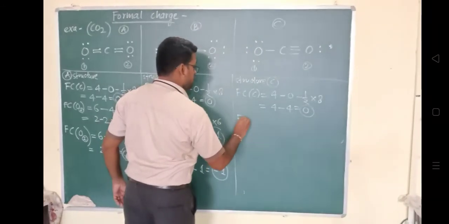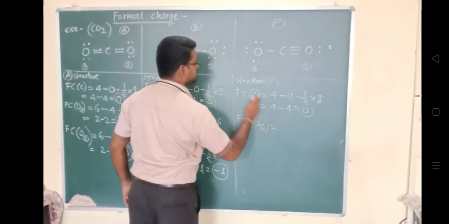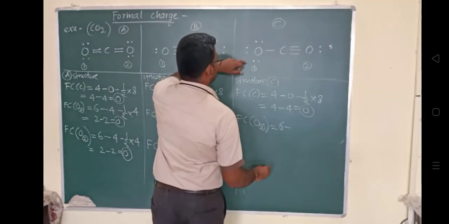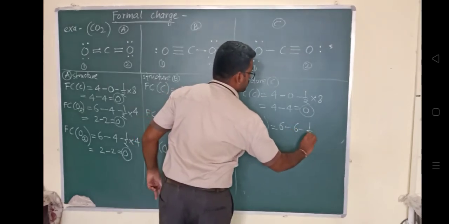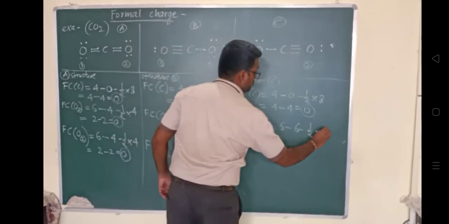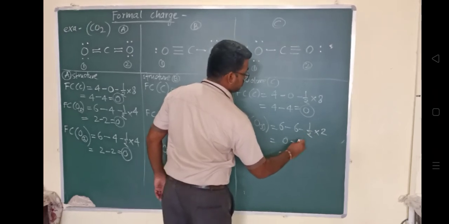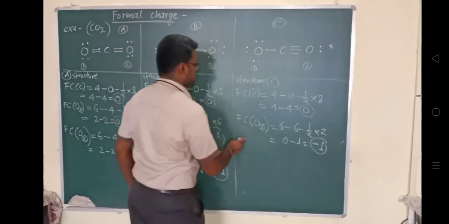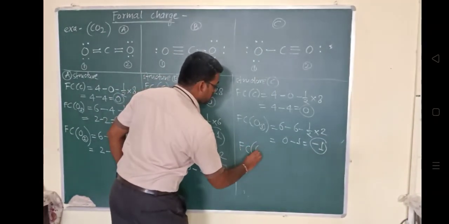Next, formal charge for very first oxygen atom. First oxygen atom is this. Okay, total valence electron is 6, minus non-bonded is 1 2 3 4 5 6. Okay, minus 1 by 2 into bonded electrons are 2. Look here, there are 2 electrons which are bonded. So in this way 6 minus 6 is 0, minus 2 by 2, it will be minus 1, and in this way minus 1 is the formal charge over very first oxygen atom,